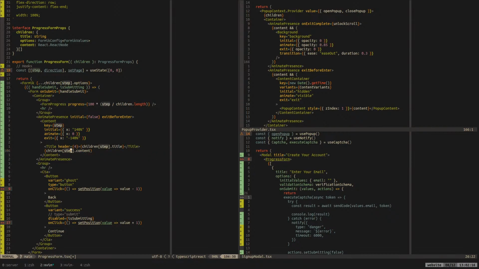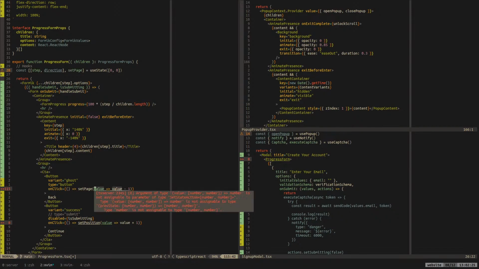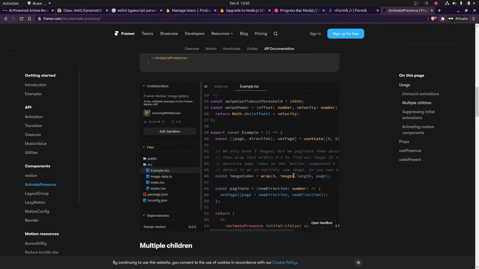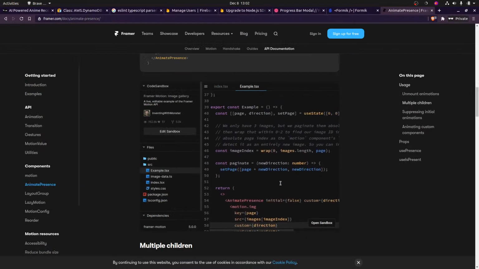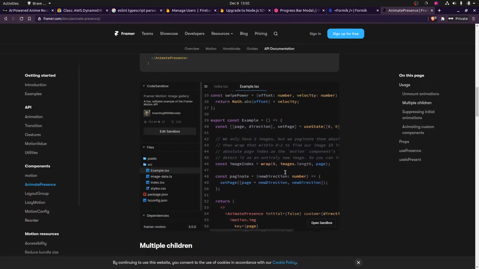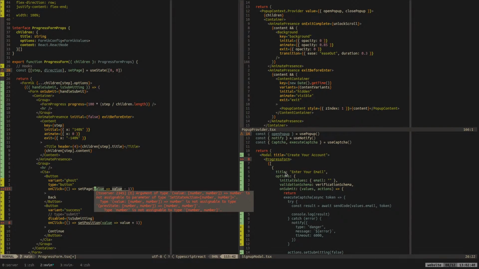Then instead of set position, we're going to want to set page. Now that's interesting, because what is the point of direction? How do we do that? New direction? Oh, so we only change by a direction, which is interesting.